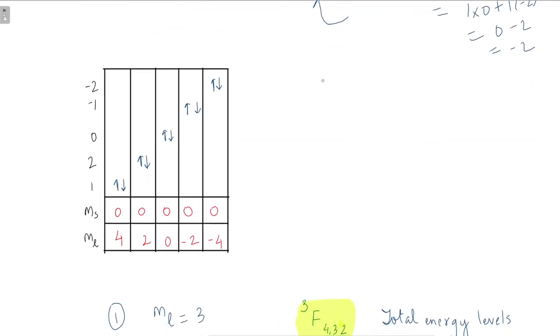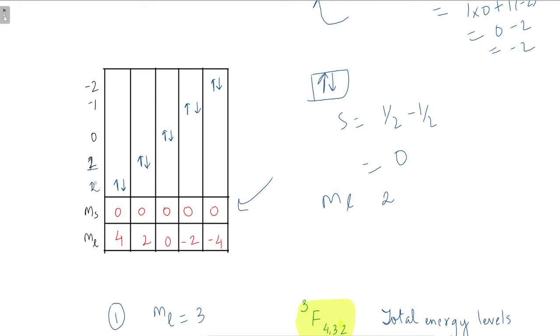So after that we have two electrons in opposite spin placed in the same orbital, right? So what will be the value of S? It will be plus 1 by 2 minus 1 by 2 equals 0. So again we have ms value 0, and for ml you can see the values are, right? We have two electrons. Sorry, this should be 2 and this should be 1.